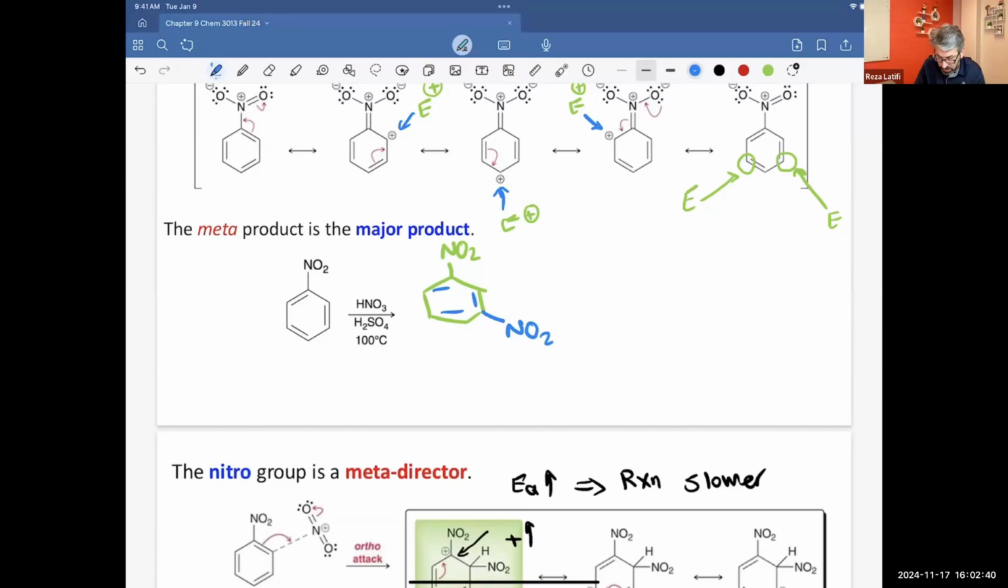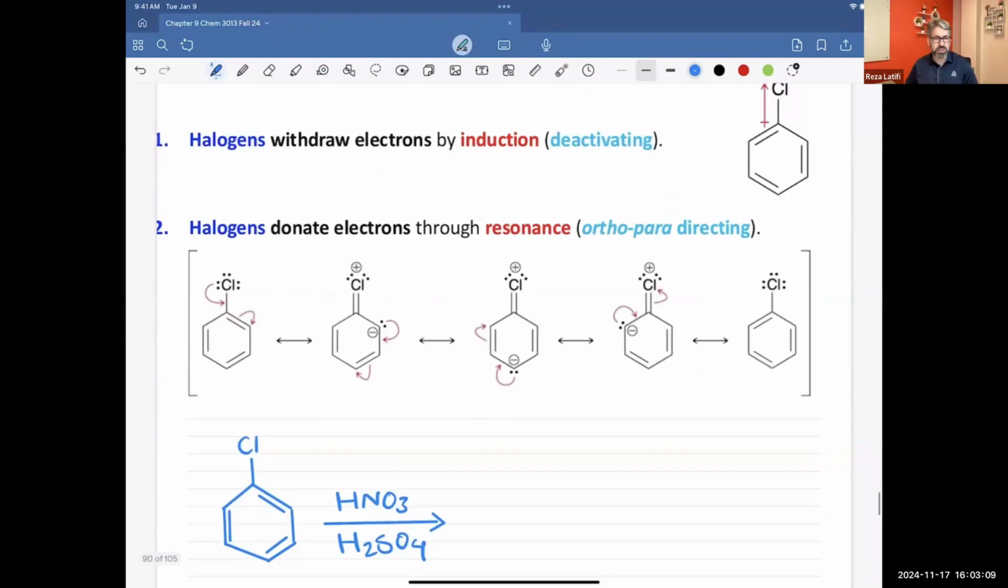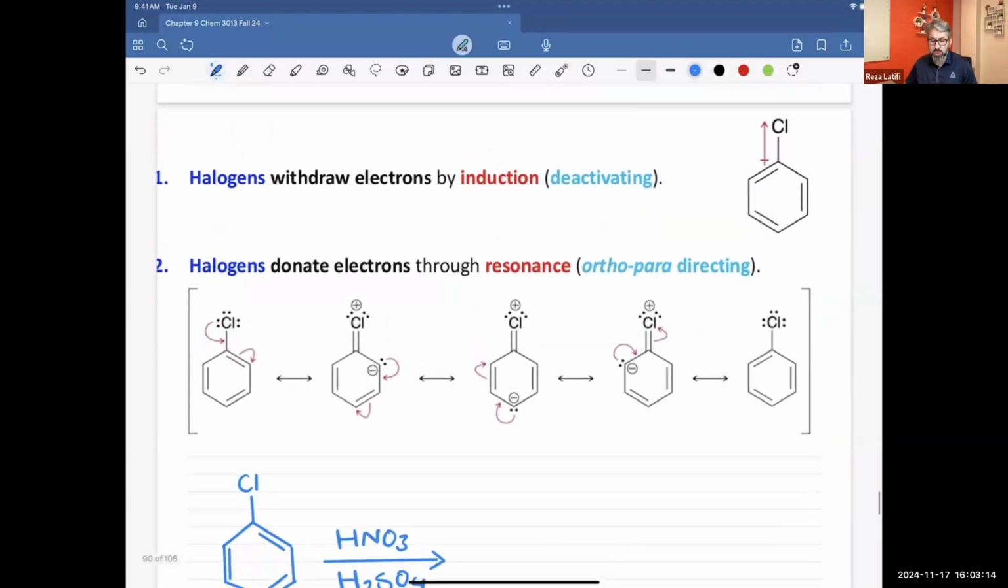This one is going to be around 93% of the product, plus something around 7% in either the ortho or para position. So ortho plus para is something around 7%, while the meta position is something around 93%. Okay, I'm going to replace the nitro group, which is a strong electron withdrawing group, by a weak one, like